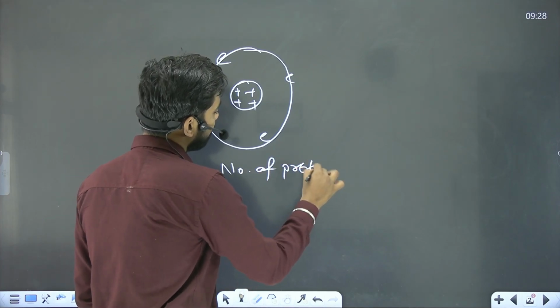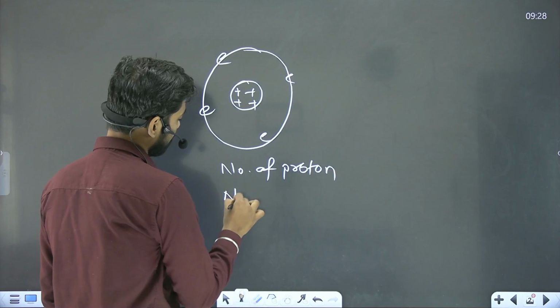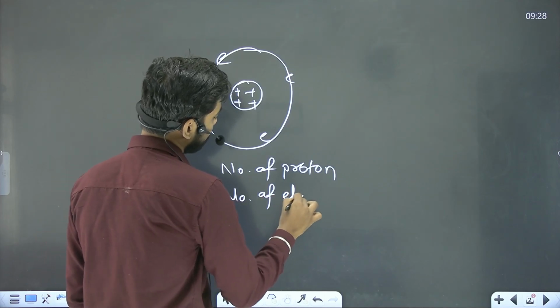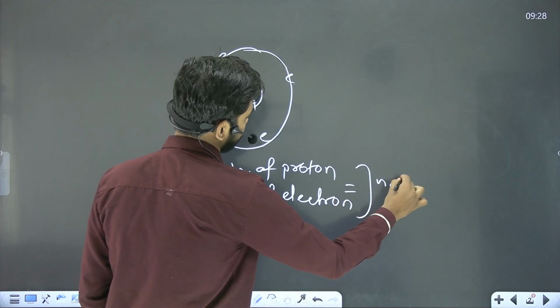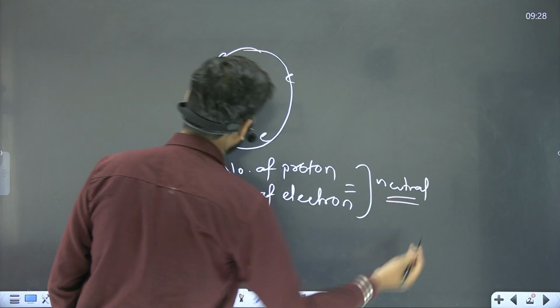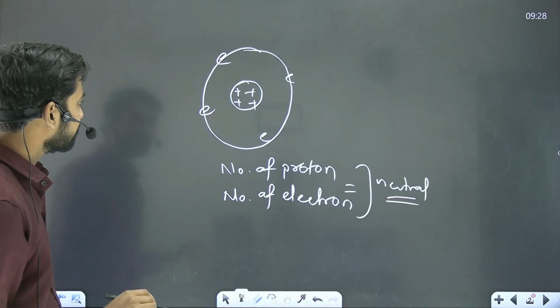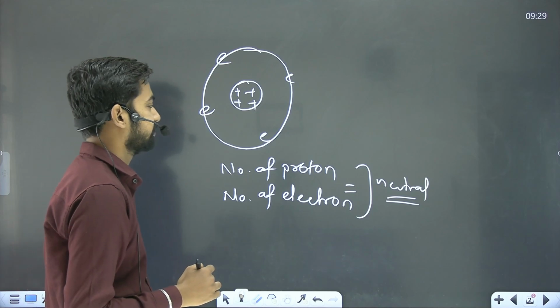It means it's a neutral atom. Then what does this charging and discharging process mean? Charging and discharging means